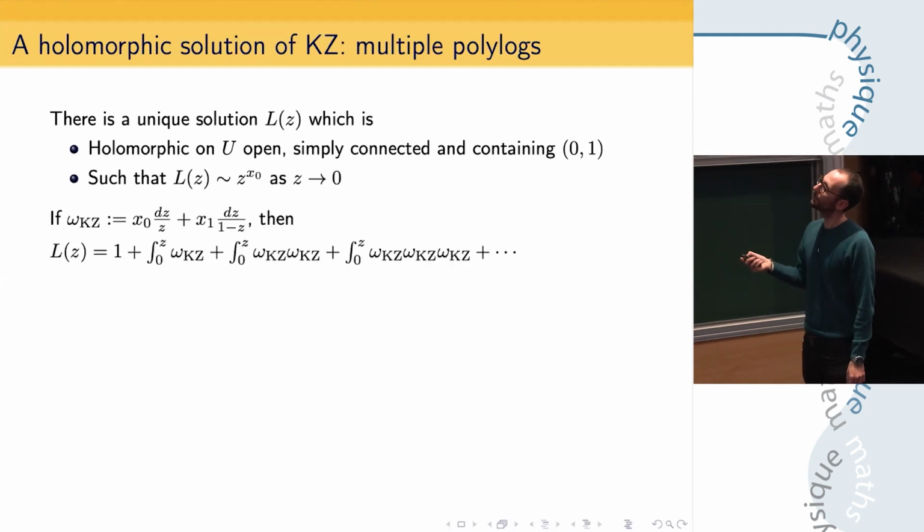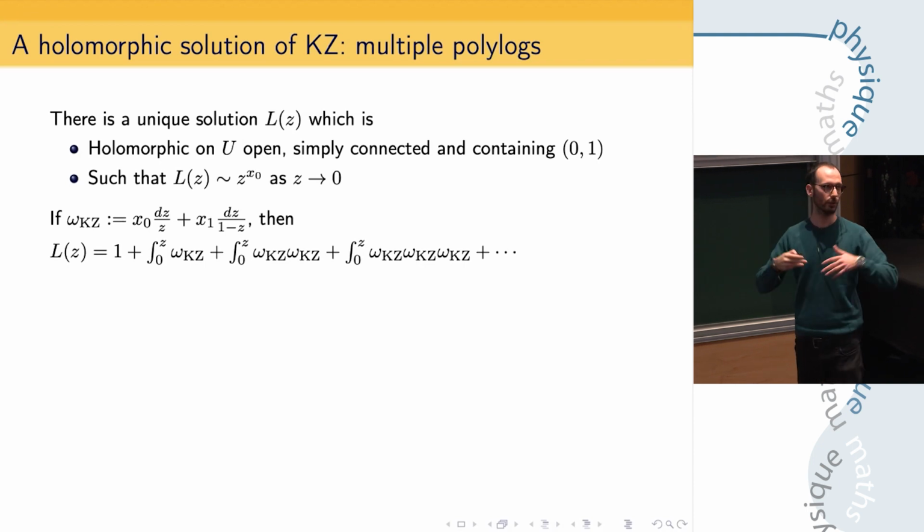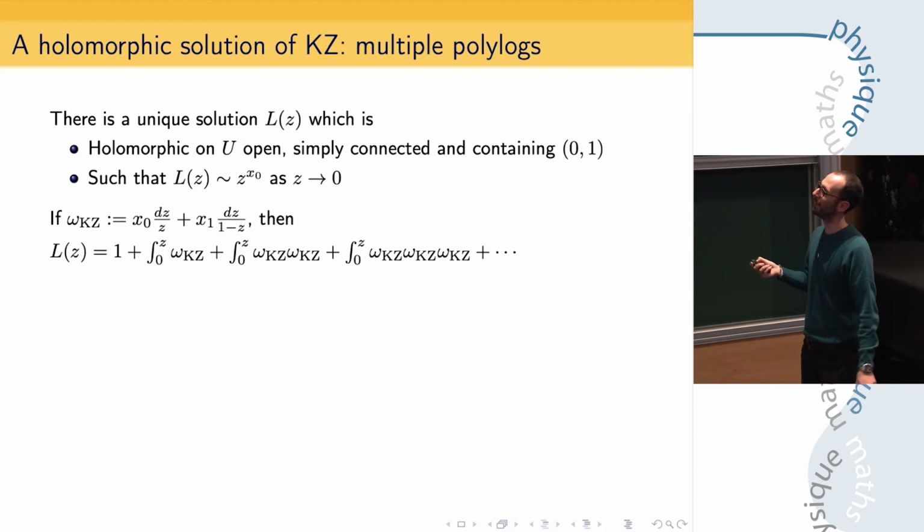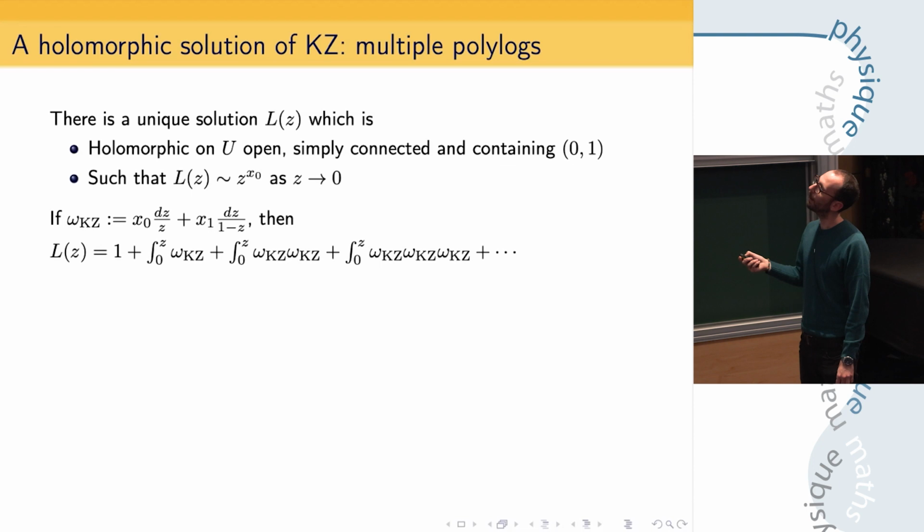And how is this solution found? So that's just the general Picard iterative method. You have your KZ form, which is the one intervening in the KZ equation. And a solution with this kind of asymptotic behavior is just given by this infinite series of iterated integrals of